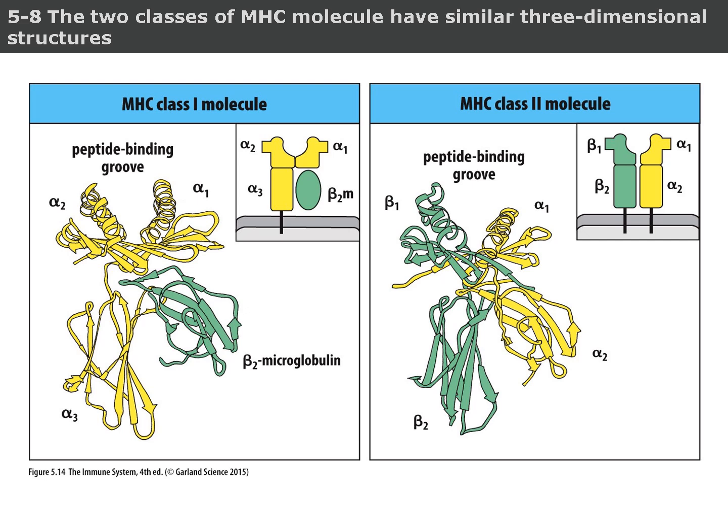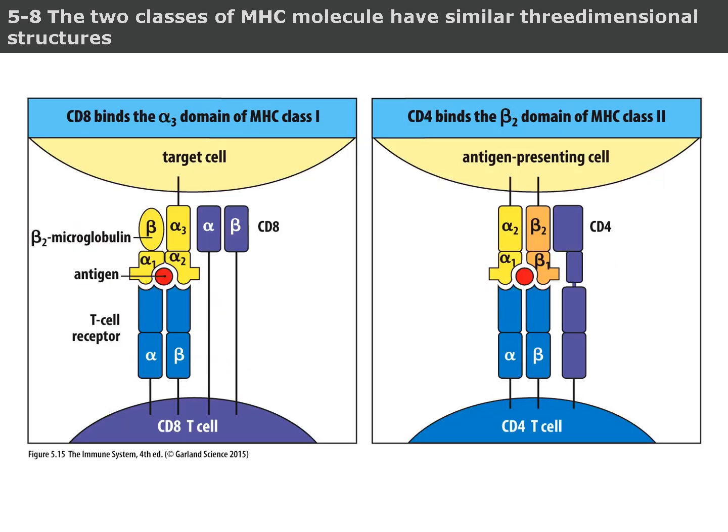On the right, class II includes two chains, alpha and beta, each contributing two domains. Despite differences in subunit composition, both types of major histocompatibility complex molecules form a peptide binding groove at the top, which holds the antigenic peptide. This structural similarity reflects their shared function, presenting antigens to T cells, though each class does so to a different type of T cell. MHC molecules are crucial for immune recognition and share a similar three-dimensional structure despite having different